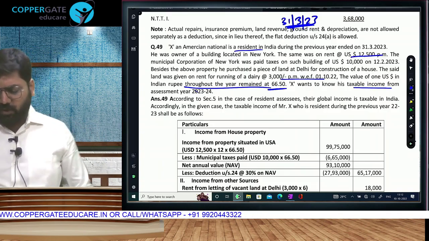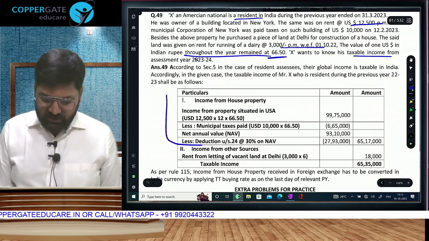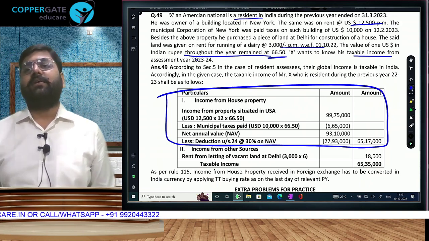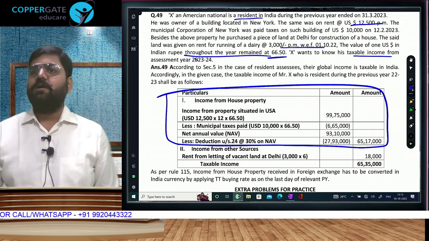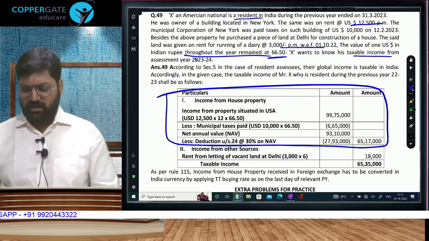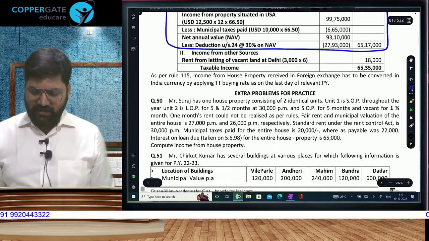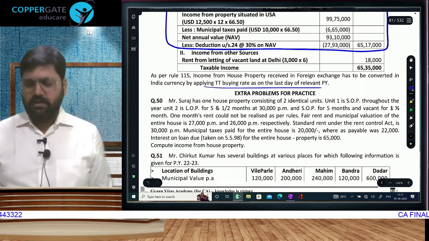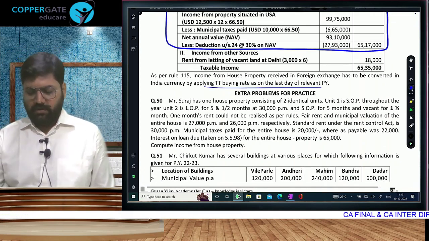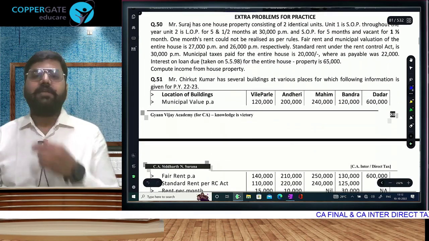That part I don't want you to answer until you have understood the solution till here. The current intention is only that the house property part becomes clear. IFOS will take care of itself one fine day when it comes. Okay? Let's go. And as I told you, you have to take the exchange rate on the last day for house property income. Now we have the last 3 questions remaining,